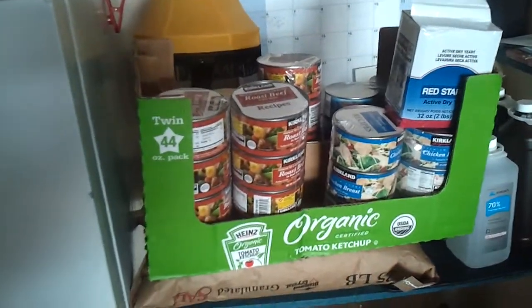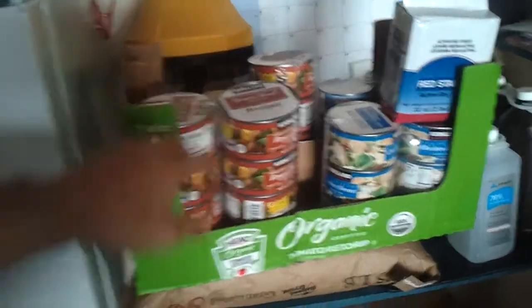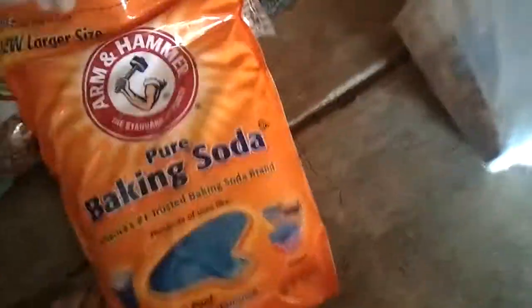A lot of food storage out there is vegetarian. It doesn't have actual meat in it. And these cans will last even longer than they say on the can, especially if they're in a cool, dark area. But some of the stuff I got, some baking soda,